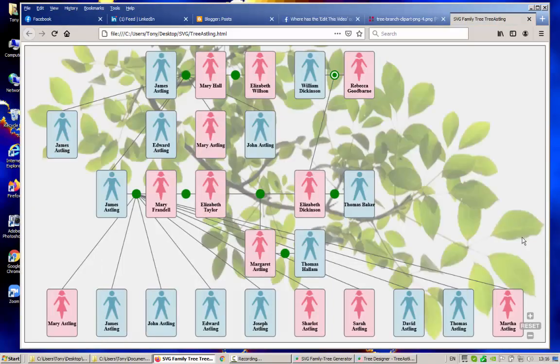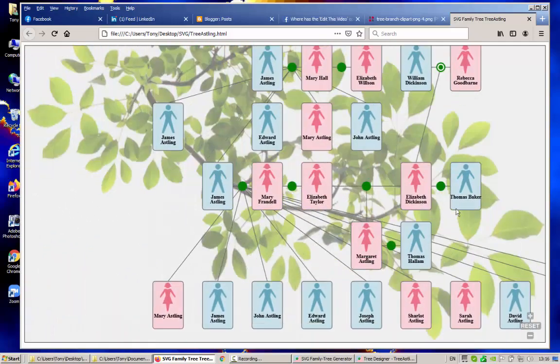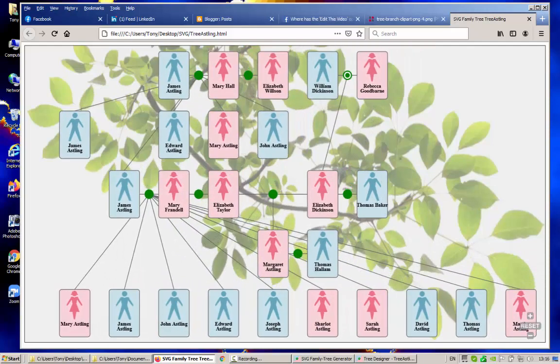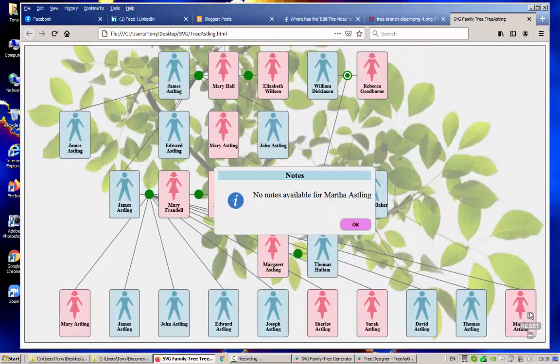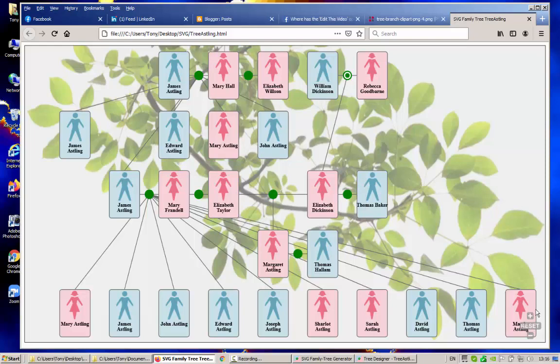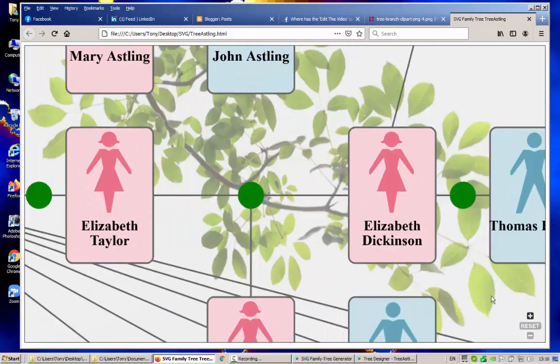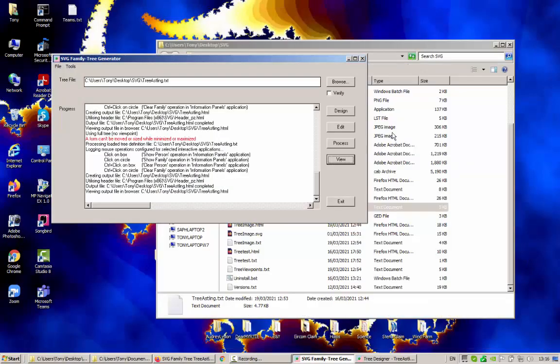And there it is, the tree branch. And when you pan around, it's over the top of that tree branch, so it's a static background image. Oops, didn't mean to do that. I clicked on the box instead of the pan zoom control, so that's expanding it. Again, the static image in the background doesn't move. Now let's go back